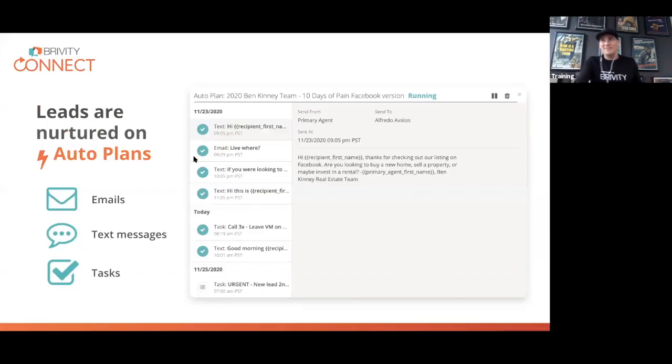We've got auto plans. We give you guys all of the auto plans that we use on Ben Kinney's team. We give you our 10 days of pain. We've got all these variations of it. We give you the Facebook version. We give you one for if they just straight came to your website, or if they were an open house lead or a Zillow lead or whatever kind of lead they are, we've got some kind of a plan